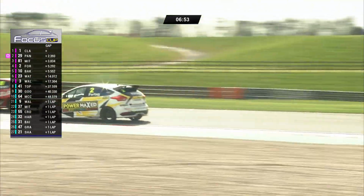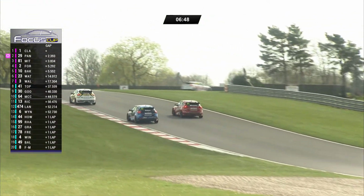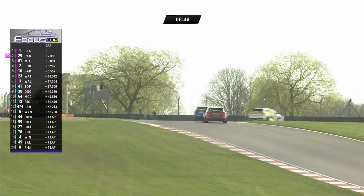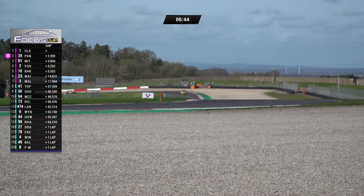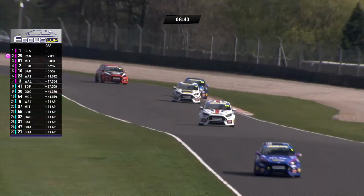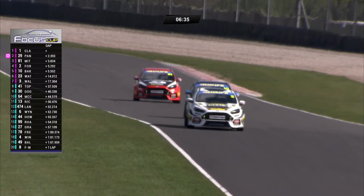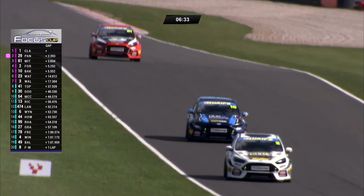So Spencer Fortag, you could just see he's driving very aggressively, and is that a problem for Ian Mitchell? Possibly. Let's just have a quick look at Ian Mitchell, who again does lots of work behind the scenes in terms of the championship, himself and his brother Gary. Was that a problem for him? Because he certainly stayed out of the way of both Spencer Fortag and of John Baker, who charged their way through rather effortlessly